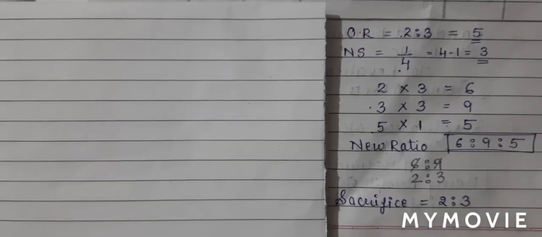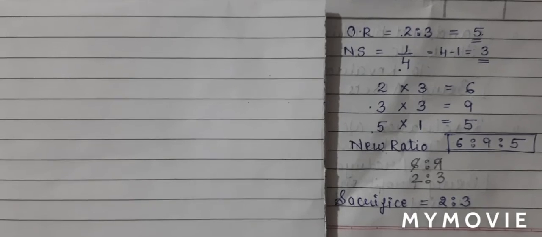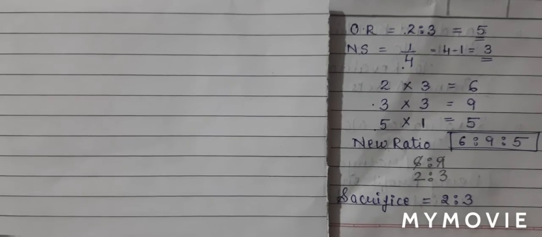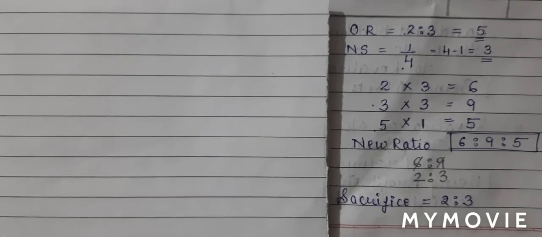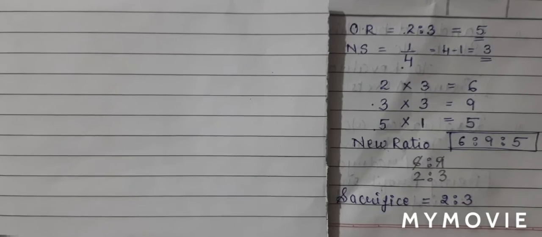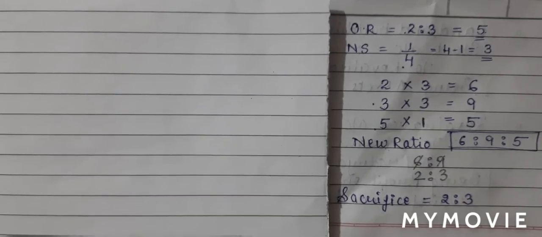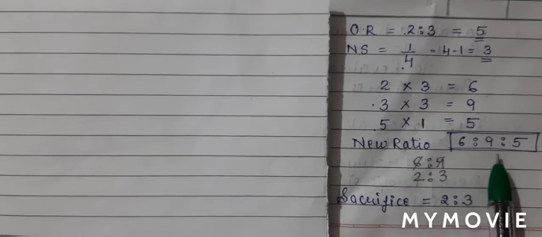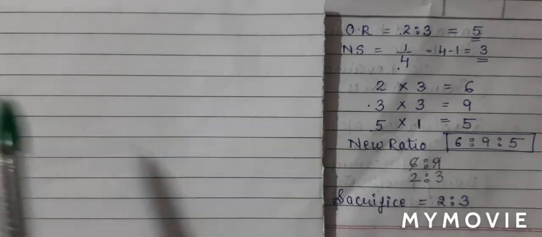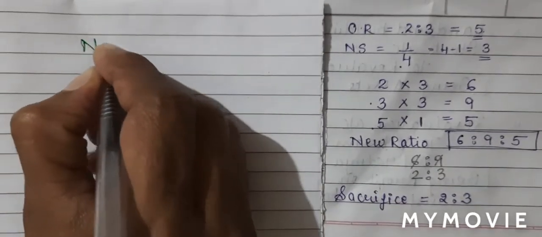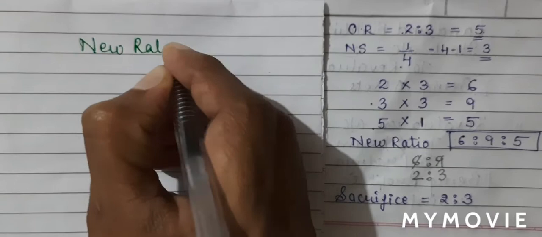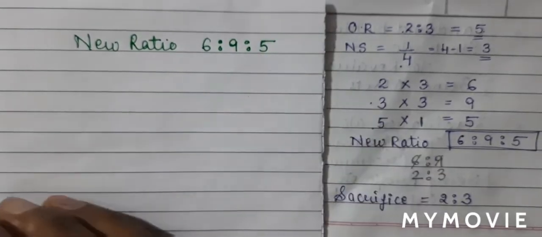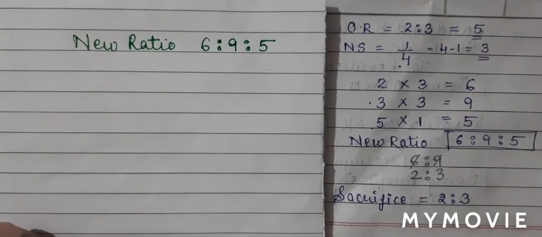So students, now we are ready to do the capital adjustment. We have to first transfer revaluation to partner's capital account, and after completing that, we will now go ahead with capital adjustment. So let's see how we do capital adjustment. For capital adjustment, what we require is new ratio, and we have already calculated new ratio. So let's do the working. I'll again write it for you. The new ratio which we calculated is 6:9:5.